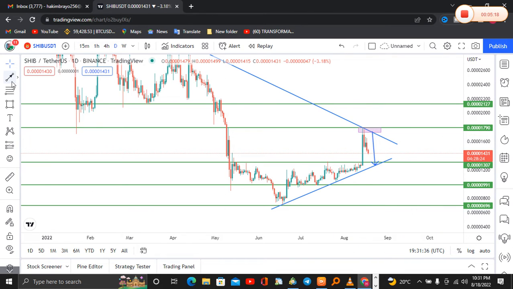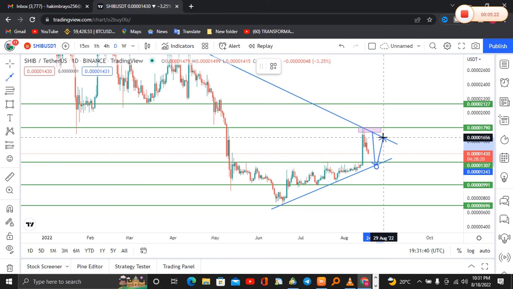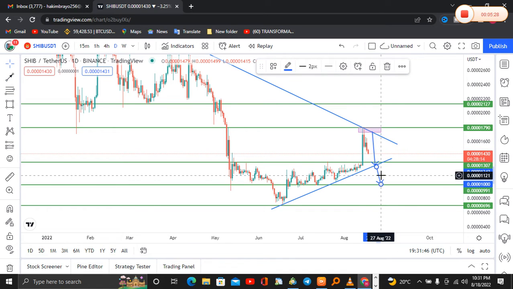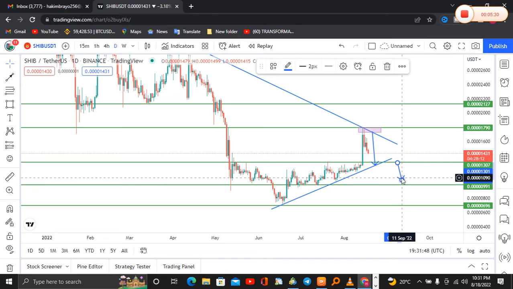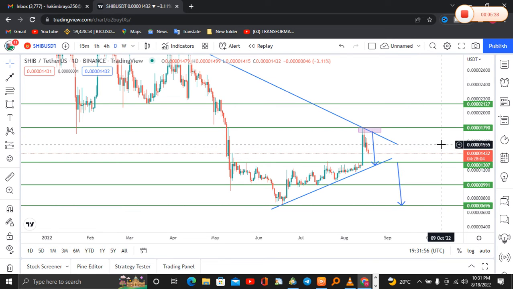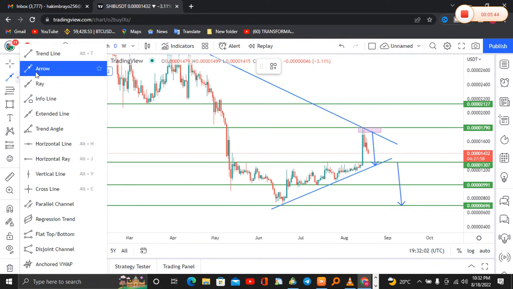So after Shiba Inu drops to this level, we expect it to bounce back, coming back to this particular resistance, or breaking it, pushing the price to the downside all the way back to the price of 0.000069. Now all these are our anticipation about Shiba Inu, because currently we can see Shiba Inu is in a